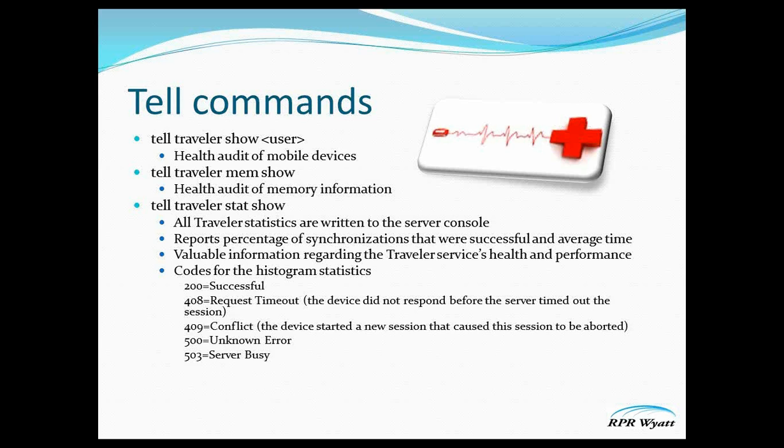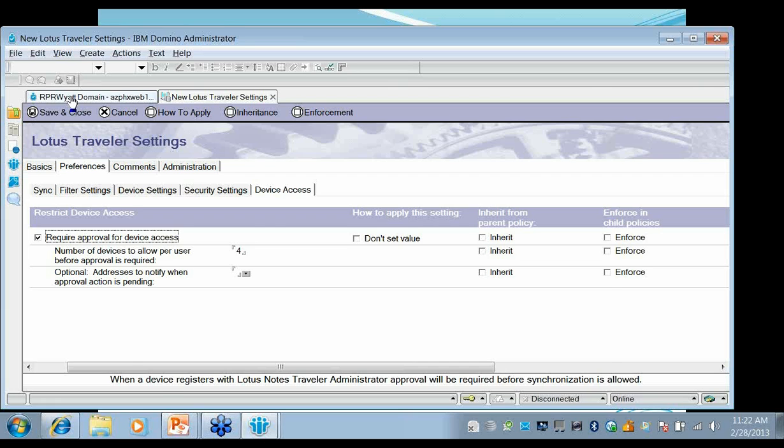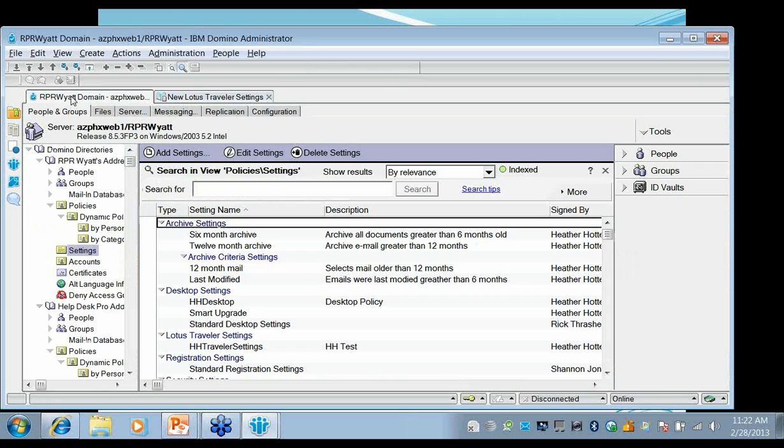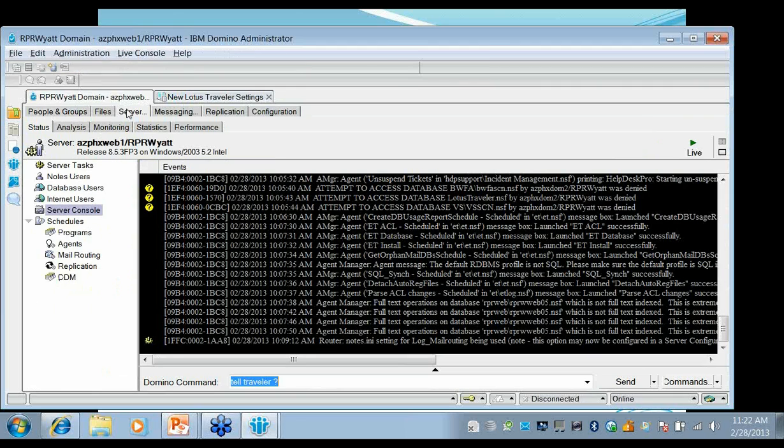And I'm going to go ahead and switch over to my Domino server console in my admin client and show you what the output of these different commands looks like. So, for example, if I do tell Traveler ? That I spoke of a moment ago,